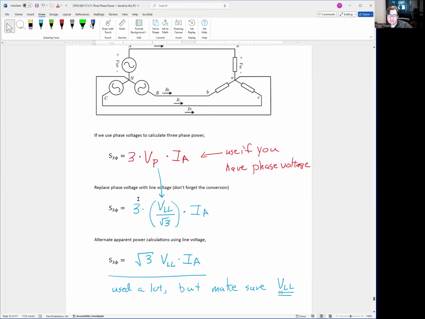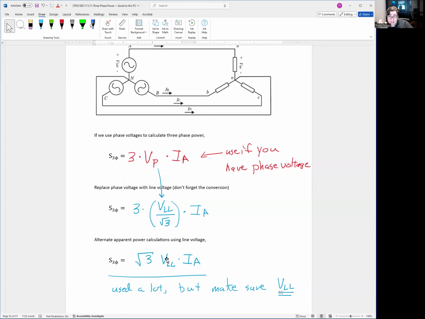There is a 3 times divided by square root of 3. I've talked to electrical engineering veterans with 20 years of experience, and when they bring up this formula, I ask them, this is already line-to-line, why shouldn't we divide by square root of 3? Their minds explode. So I'm harping on this really hard